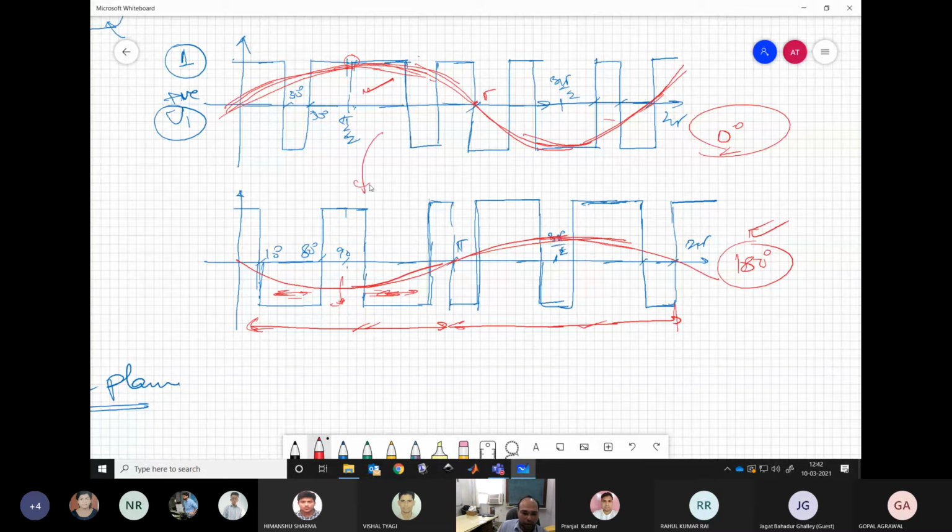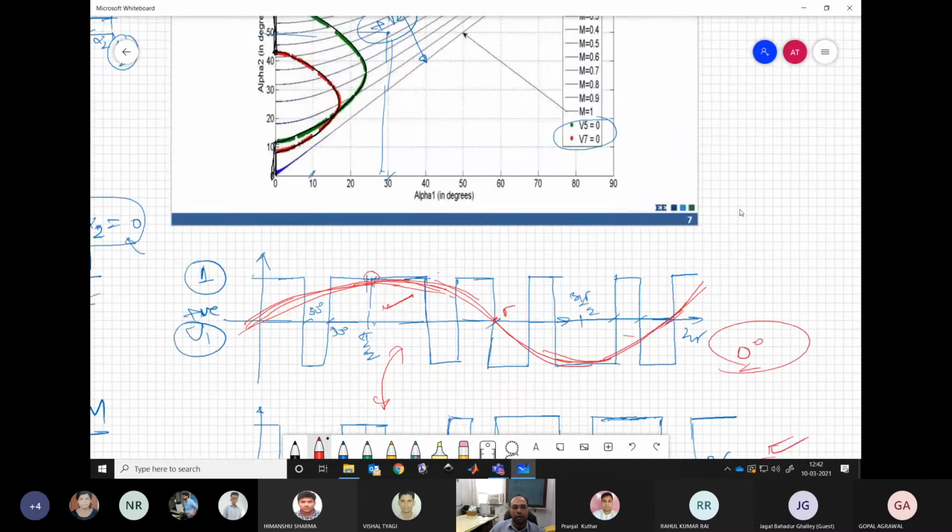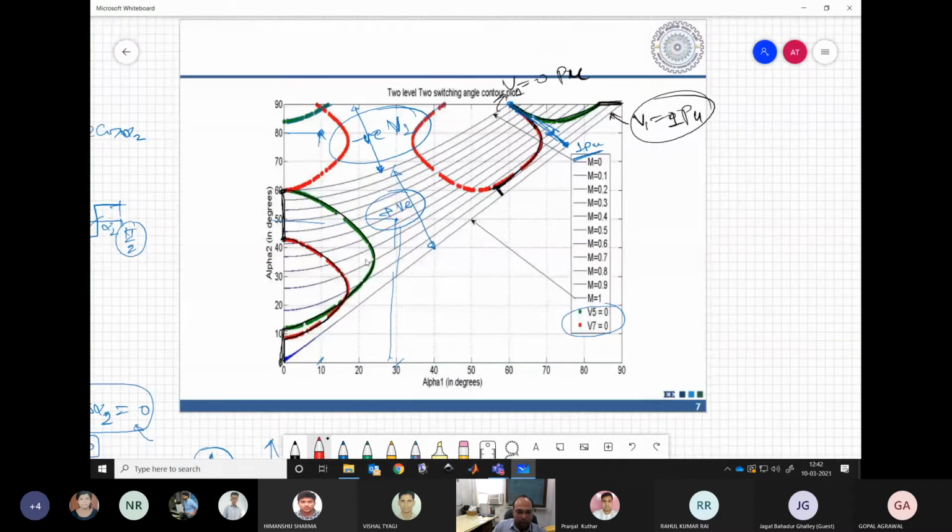So if we are switching, let's say, between 0 and 180 because of some unknown reason, then we may actually spoil our system. Sometimes we will be applying V1 voltage at 0 degree phase angle and then suddenly V1 at 180 degree phase angle, which may be very, very disastrous for our motor drive. You may see huge inrush currents flowing in the system, which may actually damage the motor drive. So this is what we should try to avoid. If we are operating in the positive zone, we must stick to that. If we are operating in the negative zone, we must stick to that. Switching between these two zones is not good.